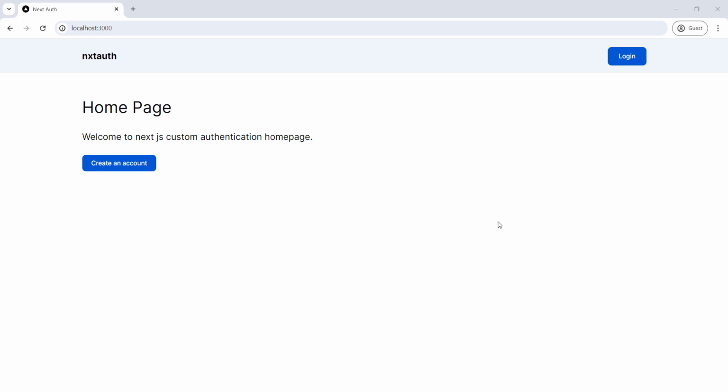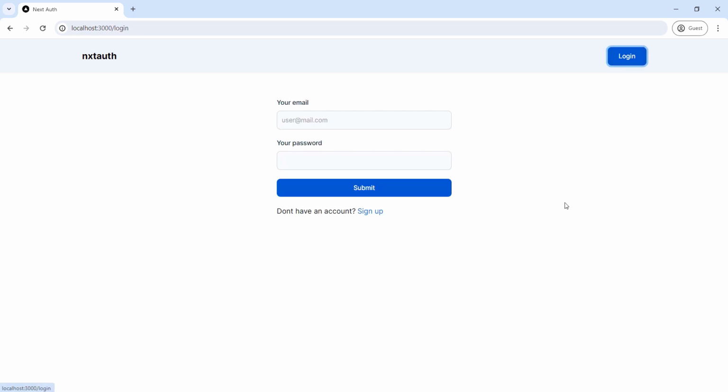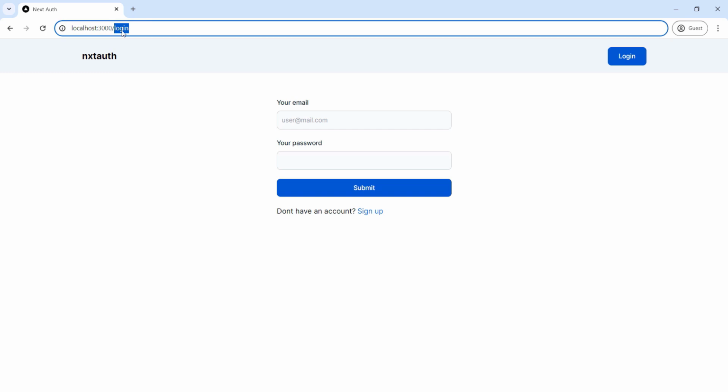This would be the home page of our application. We have a create a new account page or sign up page where our new user can create a new account. We have a login page where our user can log in. We have another protected route or page, which is the profile page, which we cannot access at the moment because we're not logged in. So if we try to access the profile page,